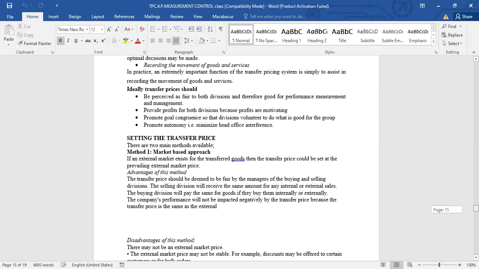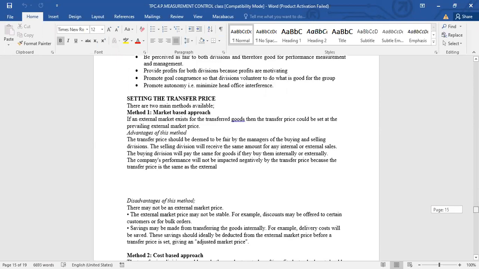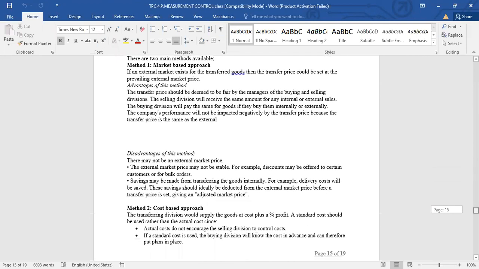How do we set transfer prices? There's the market-based approach, which is ideally just based on the market. You have a good or goods, and you see at what prices these goods are being sold on the market, by the forces of market supply and demand. What price are they selling? Say if you deal in phones, how much is a phone? Of course, I know types really differ, but generally we're saying how much is a phone.